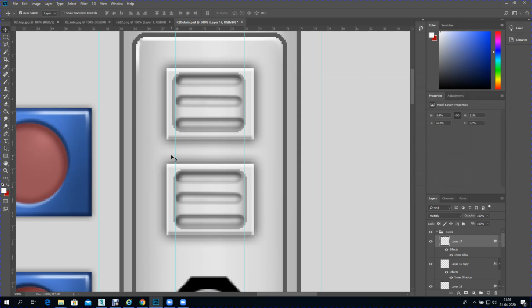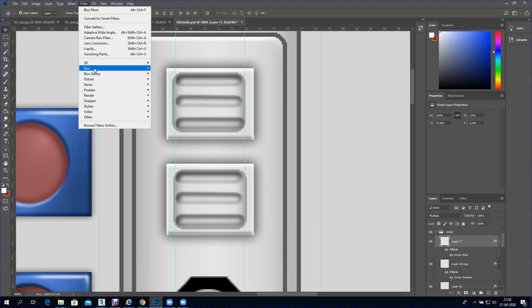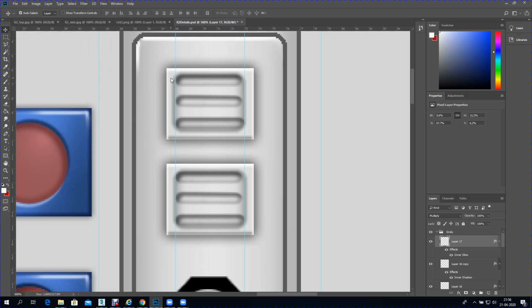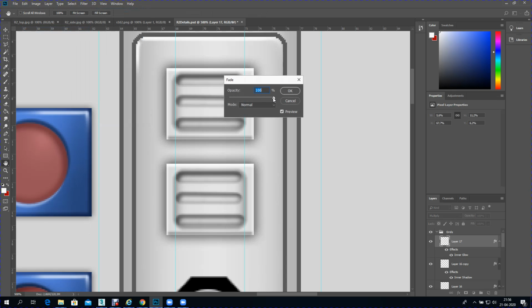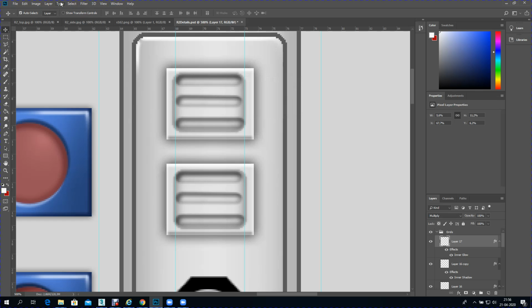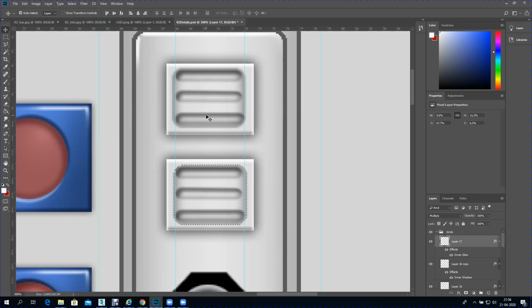it has that more indented look, and we want it not to be so jaggedy, so we go to filter, blur, blur more. Too much. Not actually filter, blur more, and a little trick. If you go to here, edit, and you do fade blur more, then you can actually control how much the blur more does. So on this occasion, I'm gonna go ahead and take it to about right there. Select, deselect. Select these two all over again now,